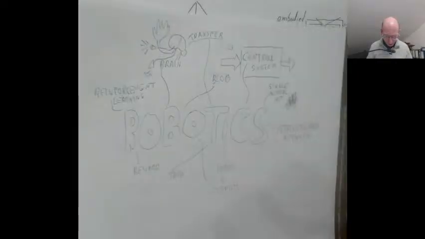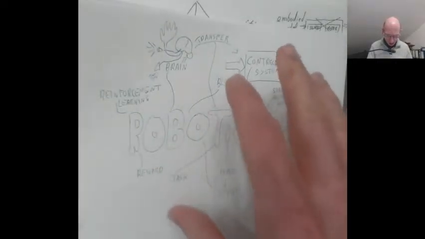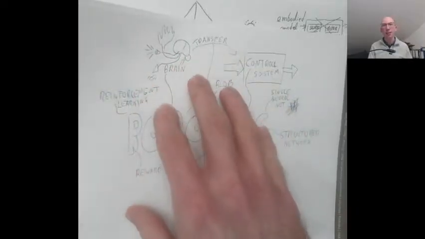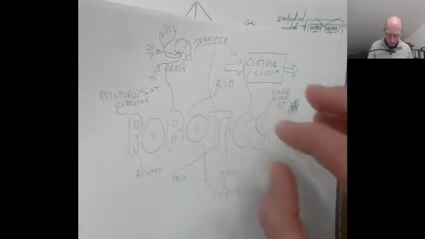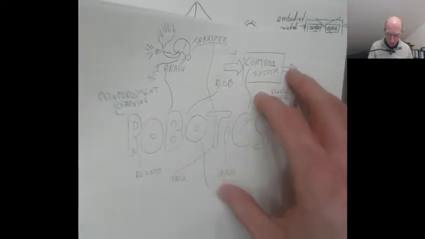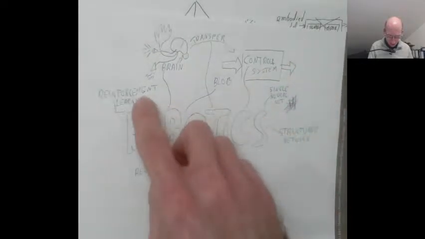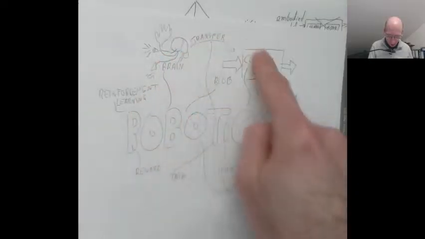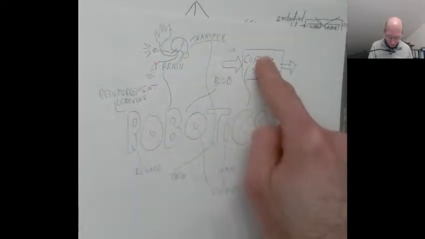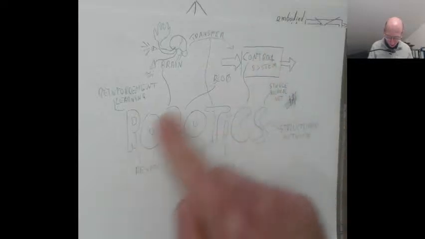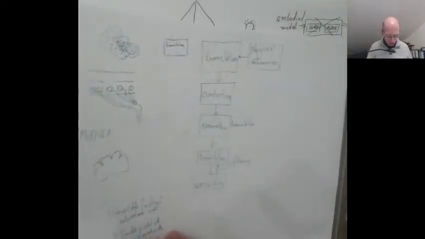I started off thinking about how can touch, how can neuroscience, how can sensing in general help us design better robot control systems. We have the brain, we want to transfer to the control system. We have inputs to outputs, we have tasks, we have rewards, and so on and so forth. Then